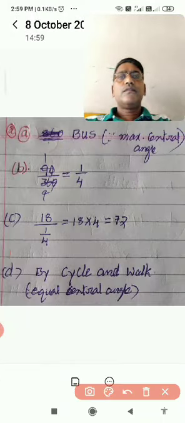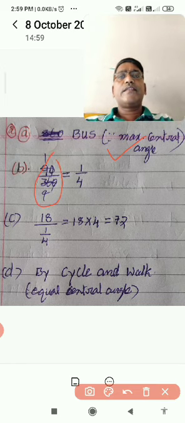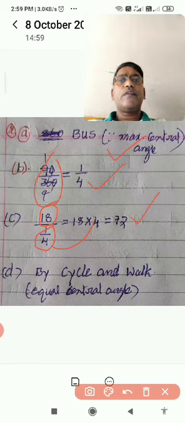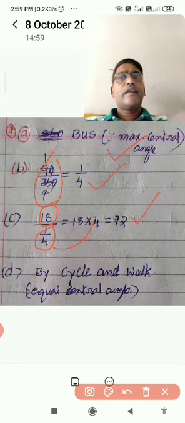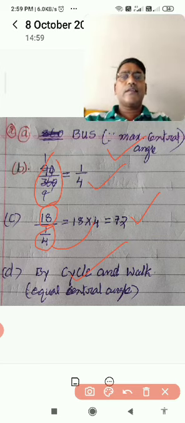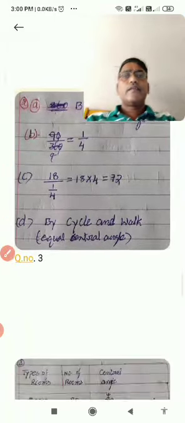First you observe the maximum central angle, so the first answer is bus. I showed you 90 upon 360, 1/4 is the second answer. 18 is 1/4 of car, so 1/4 becomes the numerator: 18 times 4 is 72, which becomes the third answer, C. And D I showed you, equal angles 60 degrees, 60 degrees. It is the D answer, clearly you know. This is how to give the answers if a pie chart is given. Okay, then you see